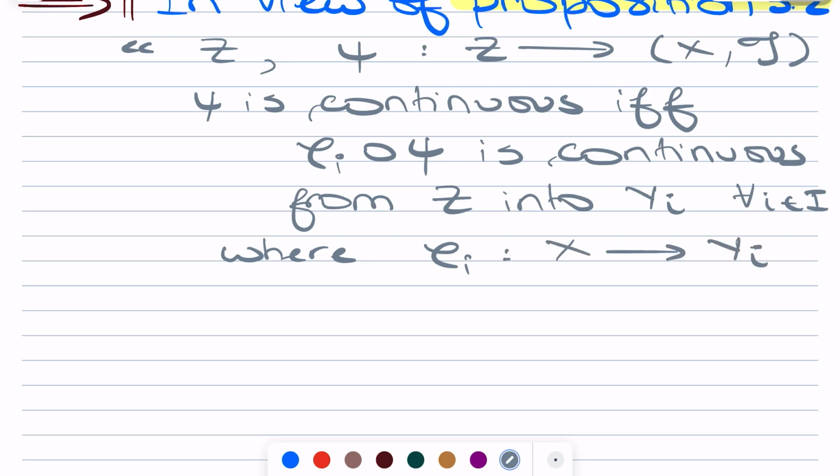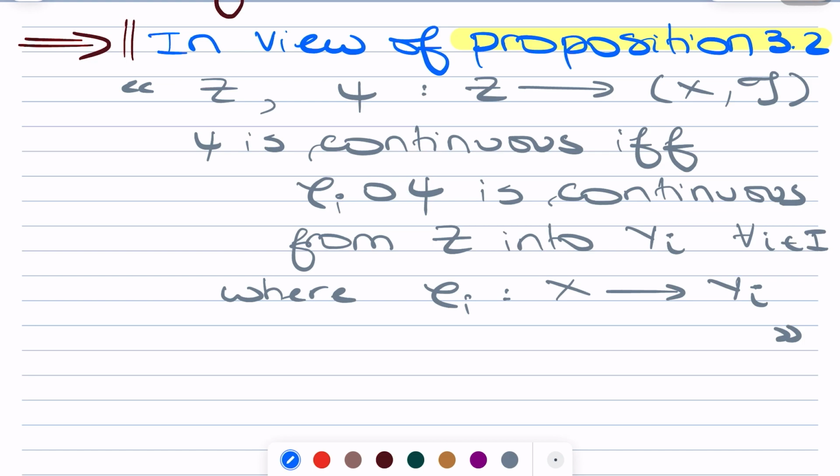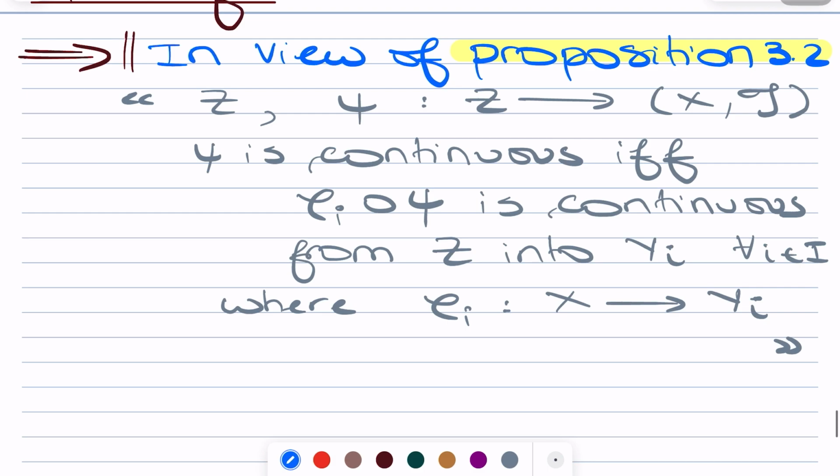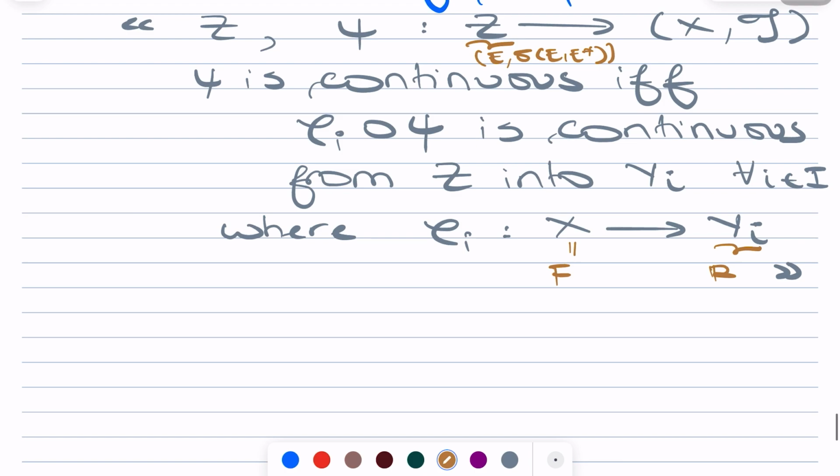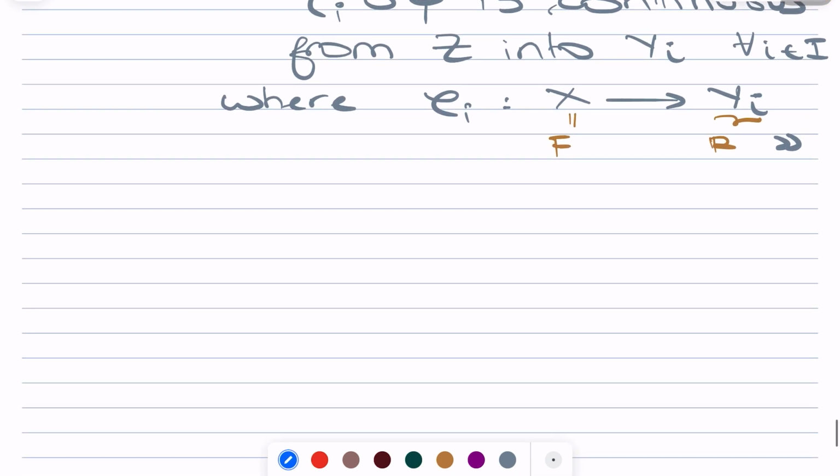So in view of this proposition, it is enough: you identify Z with the set E, and go with the weak topology sigma(E, E star). Then the X here you can identify with F, and the Y_i can be identified with R. So in view of proposition 3.2, it is enough to check that